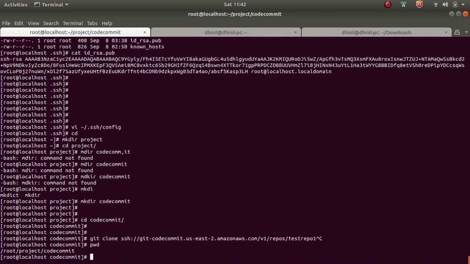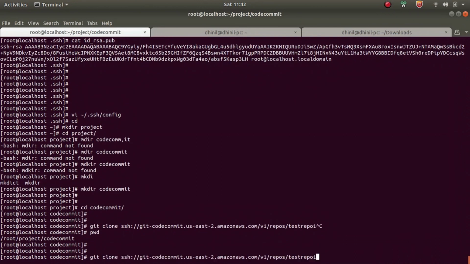Now I am inside the folder called project code commit, then paste this command.